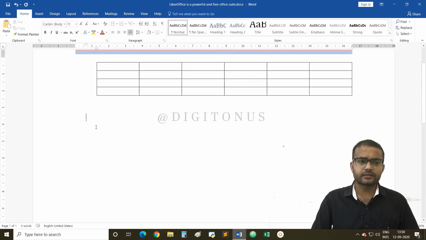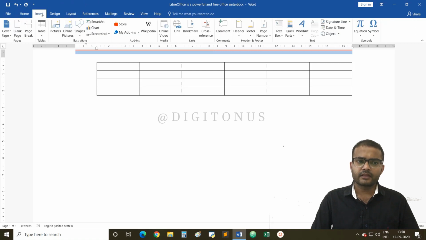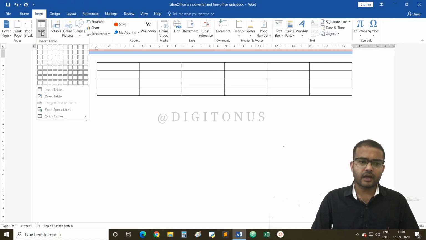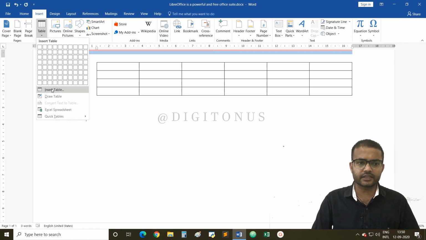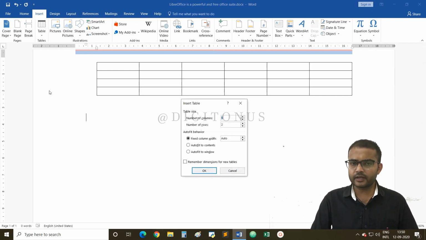Next method is using the Insert Table dialog box. So for that again I am going to the Insert tab, then I am selecting the Table option under the Tables group. Now after this grid view you will find a feature, that is Insert Table. Once you click on this, the Insert Table dialog box will open. Here you have to select the number of columns and number of rows that are required in our table.